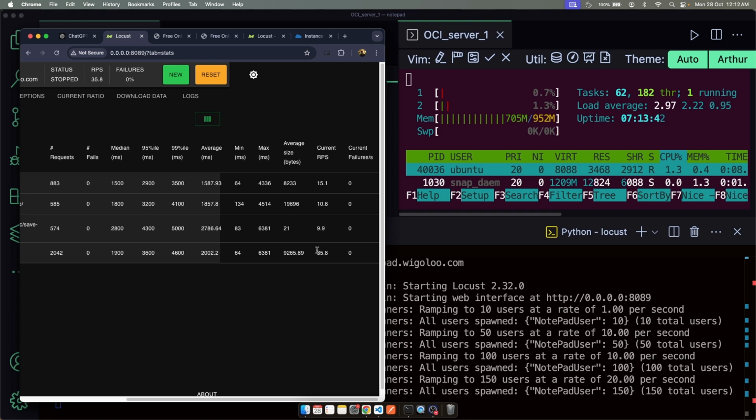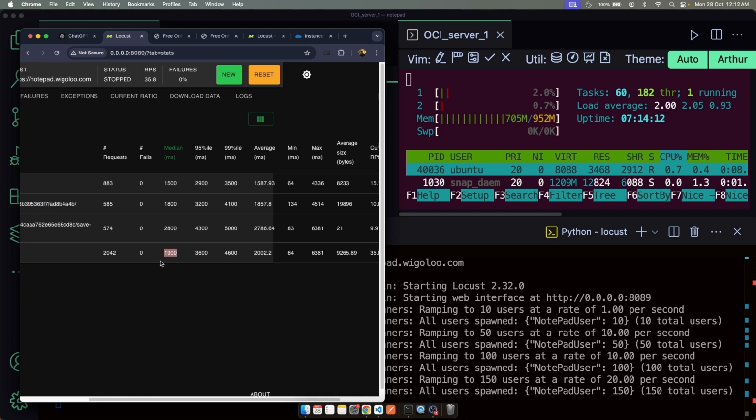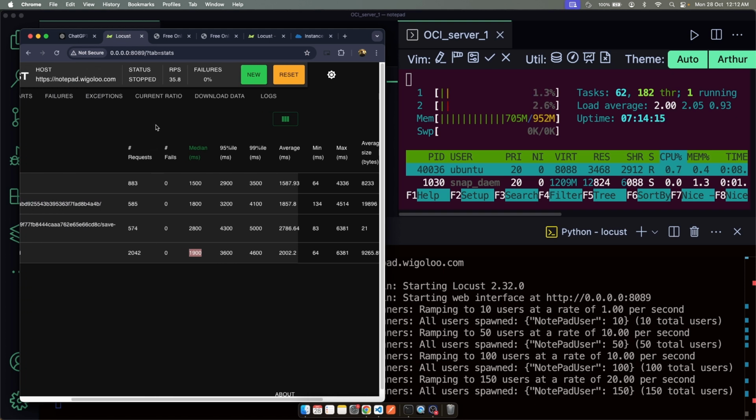And you can see our RPS is 35. It was kind of close to between 35, 40, something like that. But the main thing is our median request is also 2 seconds. Almost 50% of our users will face 2 seconds of delay or response time, which clearly shows that it is now throttling a lot. So I guess the sweet spot would be between 100 and 120 maybe concurrent users